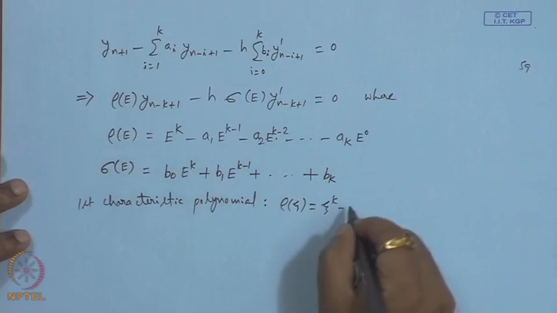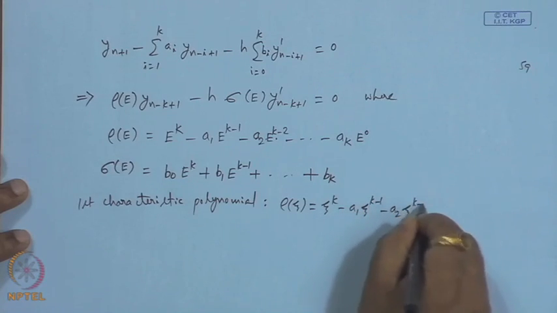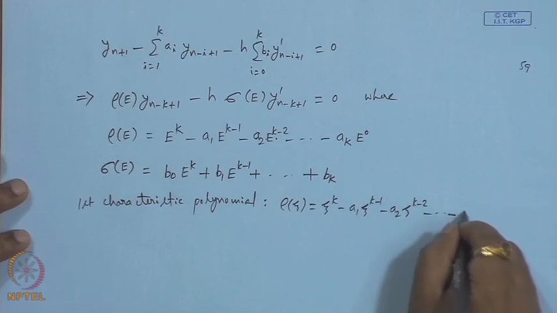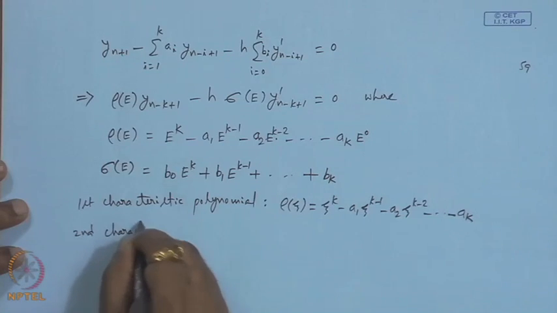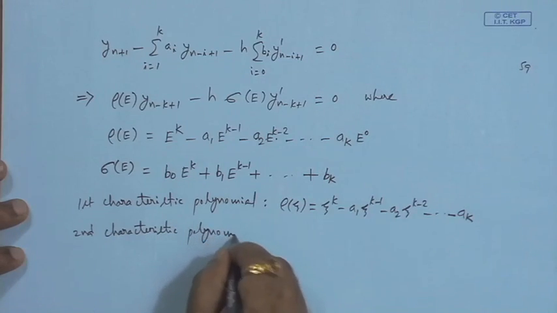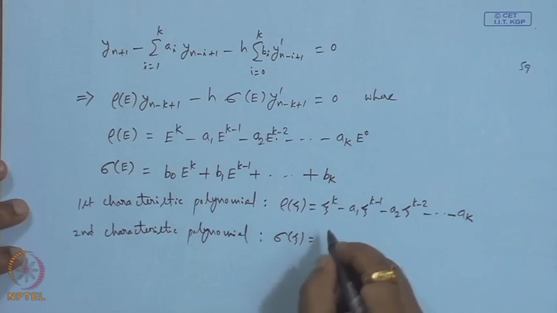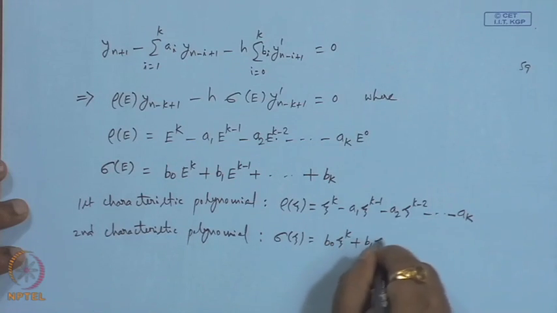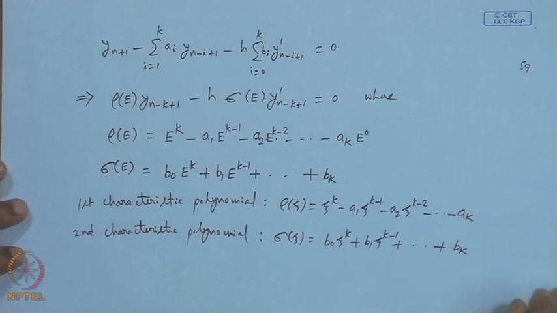So, this is a polynomial with a1, minus a2, minus a_k, and the second characteristic polynomial is sigma of this. So, this is b0. Okay. So, for a given